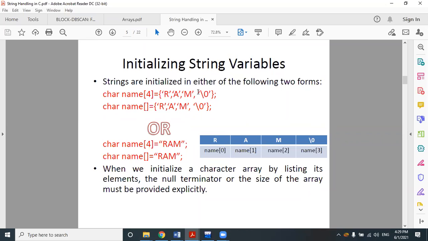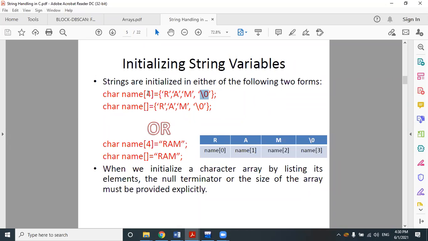Yes, the null character is also a character, and it occupies 1 byte just like the other characters. That's why we have added the size of the stored name plus 1 more byte for the null character. It is mandatory. If you use 3 here instead of 4, the compiler will simply give you an error, because you didn't create a space to hold the null character. You have to do that explicitly in programming.